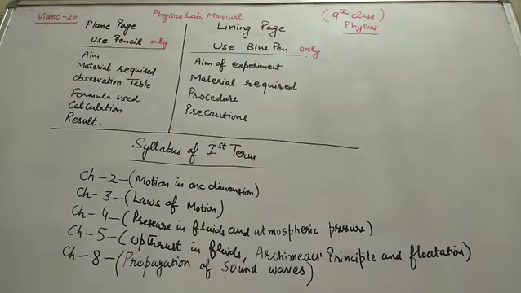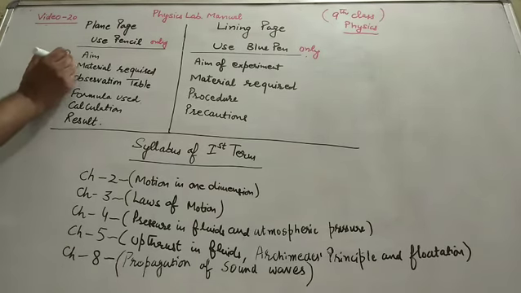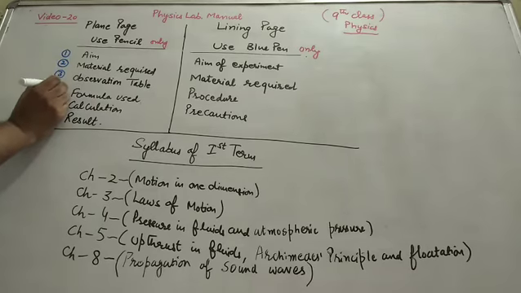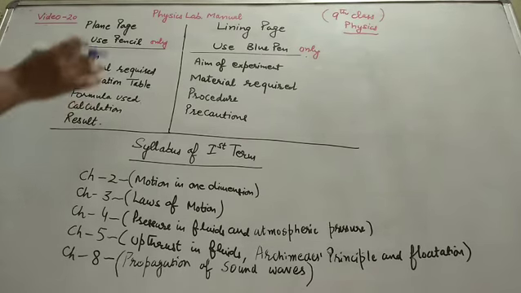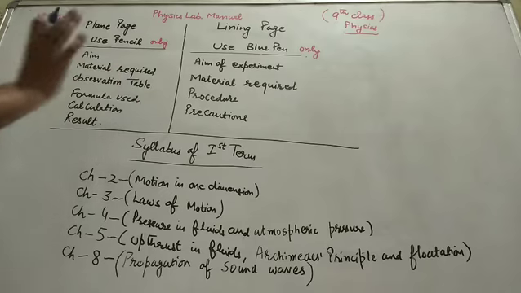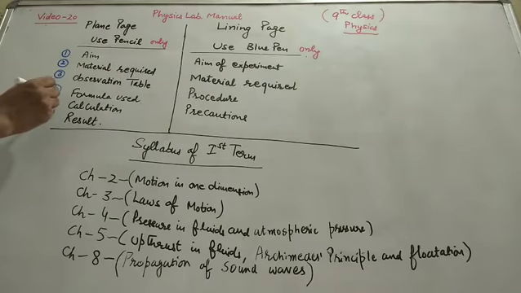Okay. Now what things do you have to note down on the plain page? First is the aim of the experiment. It is given there. Everything is given. I will show you in your lab manual also. First is aim, second is material required, third is observation table, fourth is formula used, any formula if it is used over there that you can note down. Fifth, any calculation work. Sixth, result.